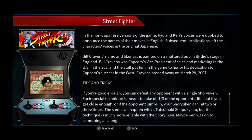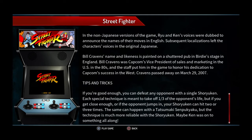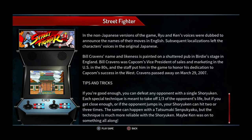Alright. And if you look at the bottom down here, as always, it was very challenging to hit the special moves, but if you hit them, that was it. And the sounds on this game are pretty crude, but pretty brutal, and that's in a good way. When you hit somebody, it just,